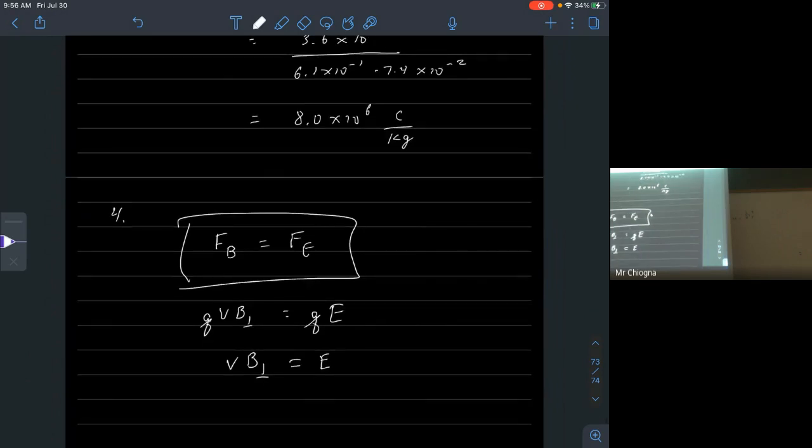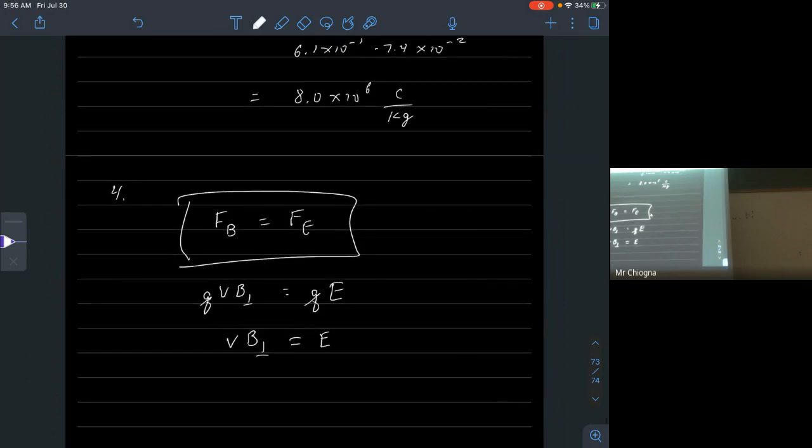Okay. So just plug in your speed and your magnetic field. And that works out to be 1.7 times 10 to the 5 newtons per coulomb. Yeah. Okay, so